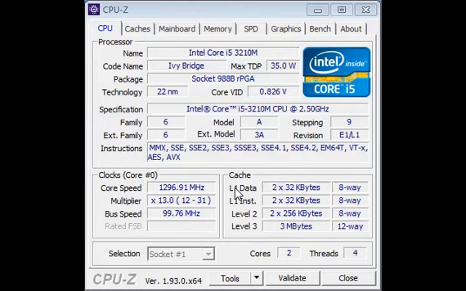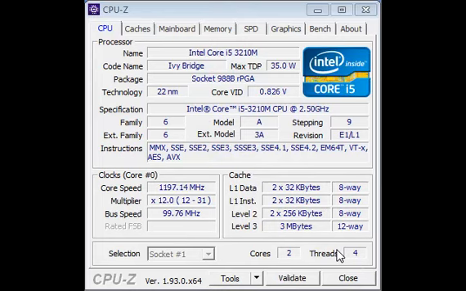Each core has its own 32 KB of level 1 cache, 256 KB of level 2 cache, and as you can see, level 3 cache is 3 MB, which is shared. At the bottom, it shows that the processor has 2 cores and 4 threads,